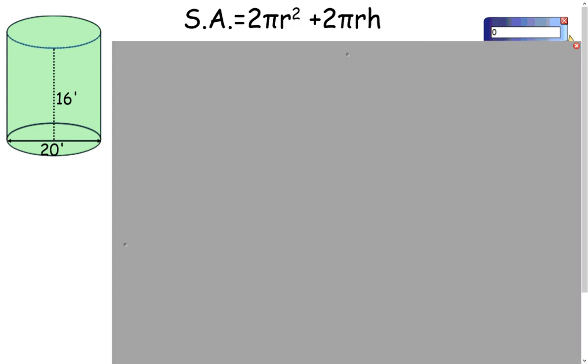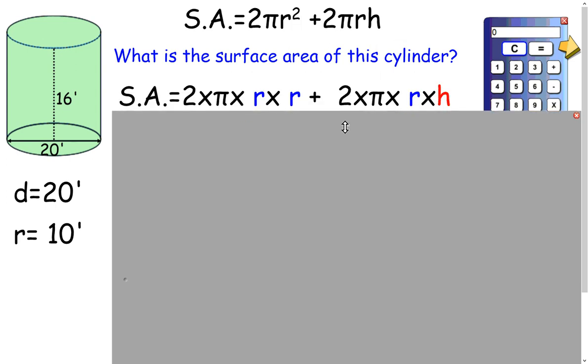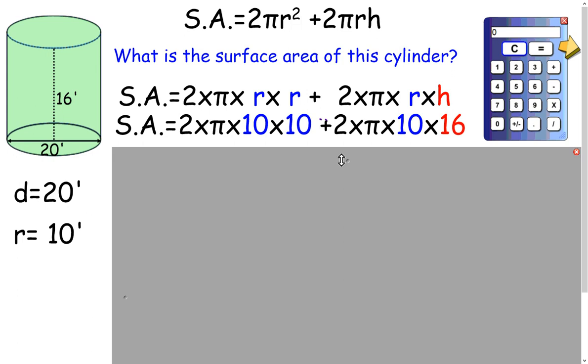Here's our cylinder, and our cylinder has a diameter of 20 feet and a height of 16 feet. So if the diameter is 20 feet, we have to divide that by 2 to come up with our radius, which is 10 feet. So when we look at our formula, we want to know what's the surface area of this cylinder. We've got 2 pi r squared plus 2 pi r h. Plug in our r of 10 and plug in our h of 16,